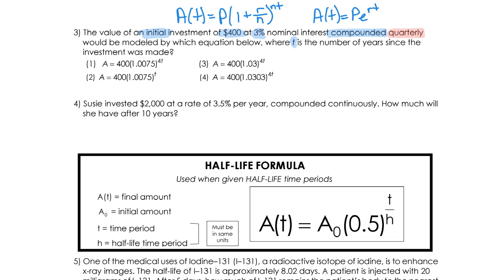We are going to use this formula right here for compounding quarterly. If they said compounded continuously, we would use the Pert formula. All right, so if I plug my stuff in the correct spot, we're going to have A of t